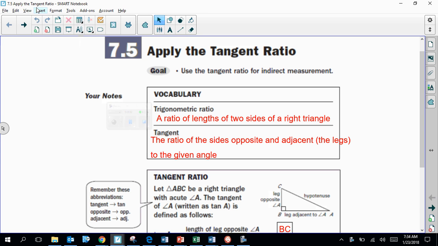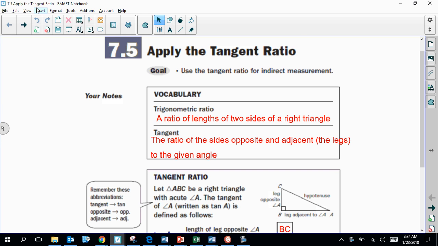Hey everybody, this is Mr. Piercy, and what we're going to be looking at in today's video is one of the three basic trig functions known as tangent. Now this is the first trig video that I'm making for this material, so let's just have a quick